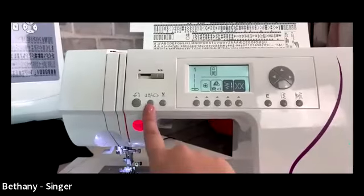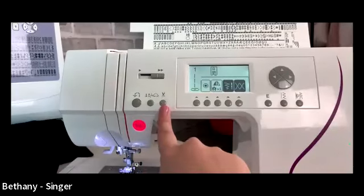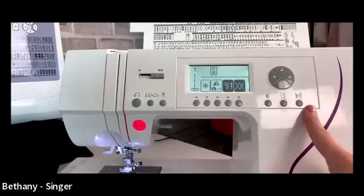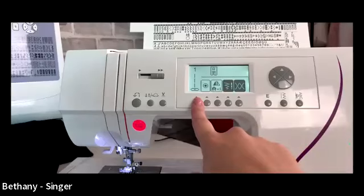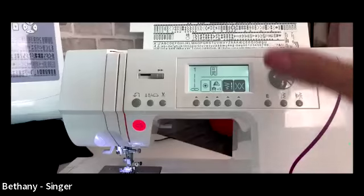So this is when we need to slow it down for a particular spot. We have our scissor snips, which you guys know I love. And then we can sort through our stitches here using all of these buttons and then selecting features here. So we've obviously got some different features that we can choose from. And then at the very top,